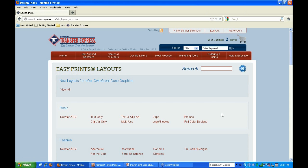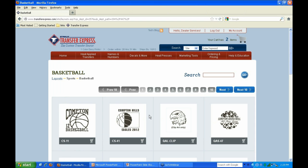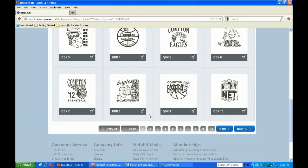Because that's the point here: once you have gotten your dealer ID and password with us here at Transfer Express, you can browse the layouts. You can choose the layout that you want. Let's go down to basketball since we've been using basketball as an example. And once you find a layout you like, you can actually customize it and see it customized right on our